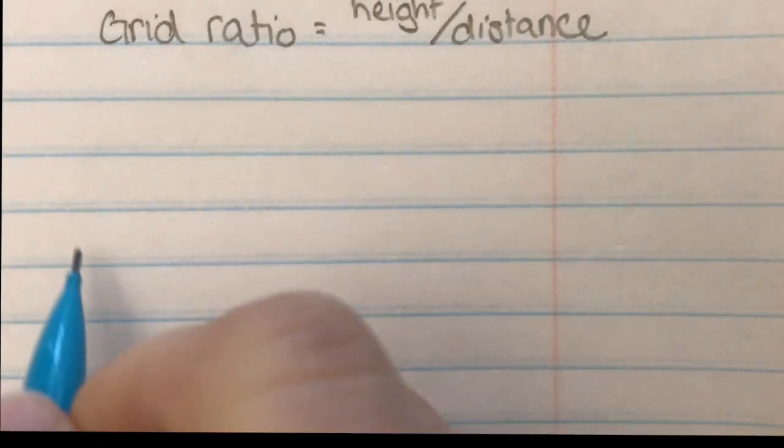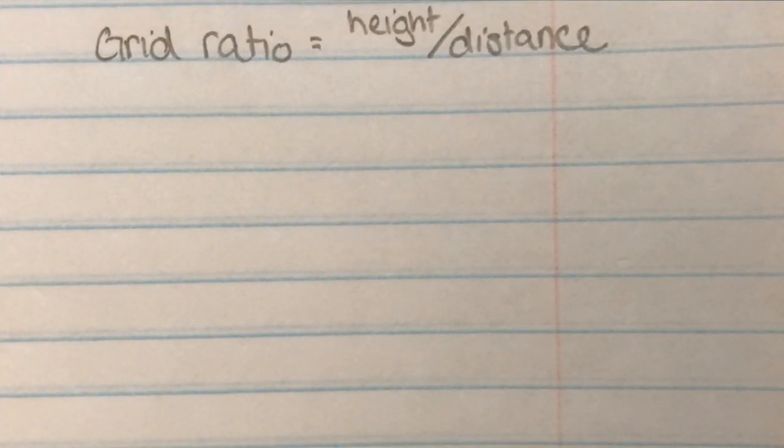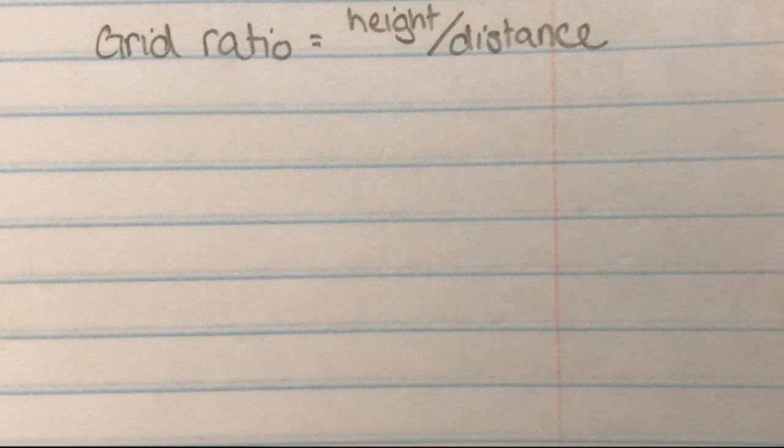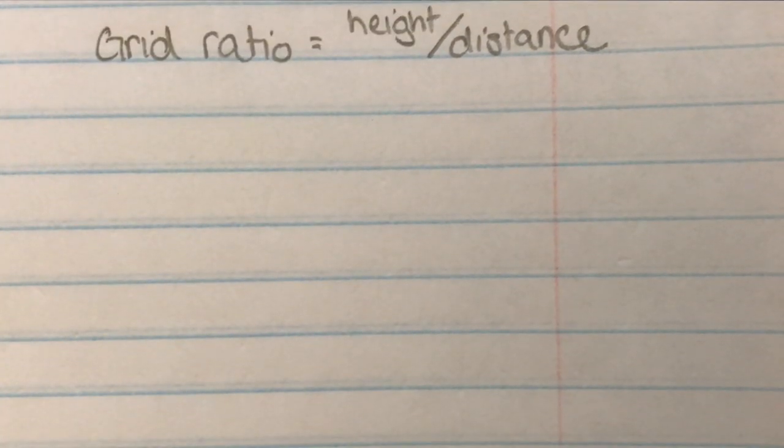Grid ratio is equal to the height of the lead strips divided by the distance between them. All right, looking at your math worksheet, the first section, calculating grid ratio, I'm just going to do one of these because it's pretty straightforward. The thing you need to remember mainly is that you should always have a whole number. Remember when I lectured on the chapter and recorded that lecture, you guys watched it,